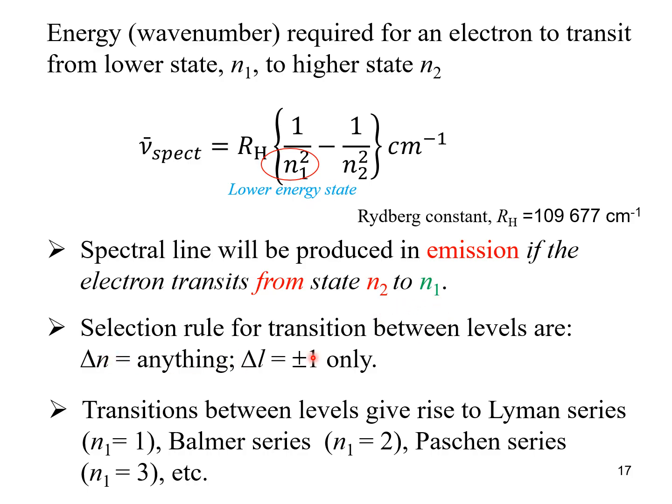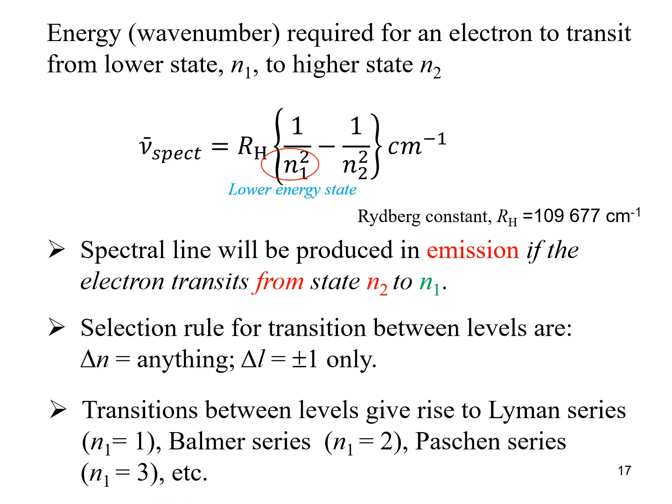While the selection rule for the transitions is that the change of the principal quantum number can be any, the change of the angular momentum quantum number is limited to 1. Therefore, the transitions between levels give rise to the Lyman series if the transitions involve the principal quantum number n equals 1. For the Balmer series, it will involve n equals 2,